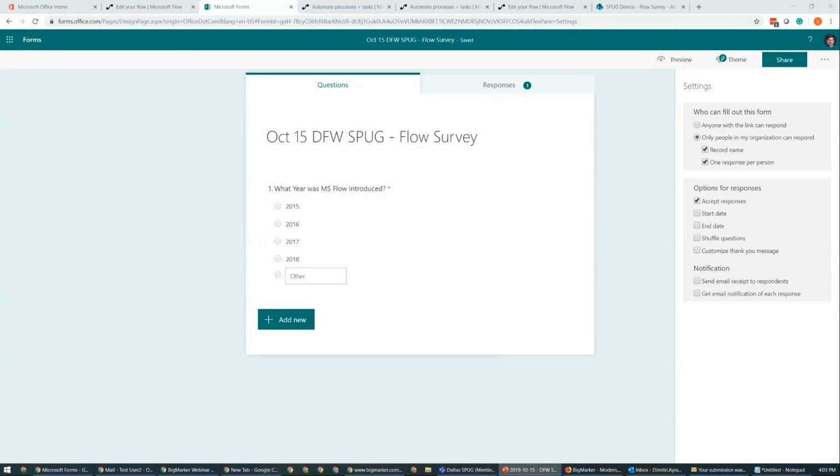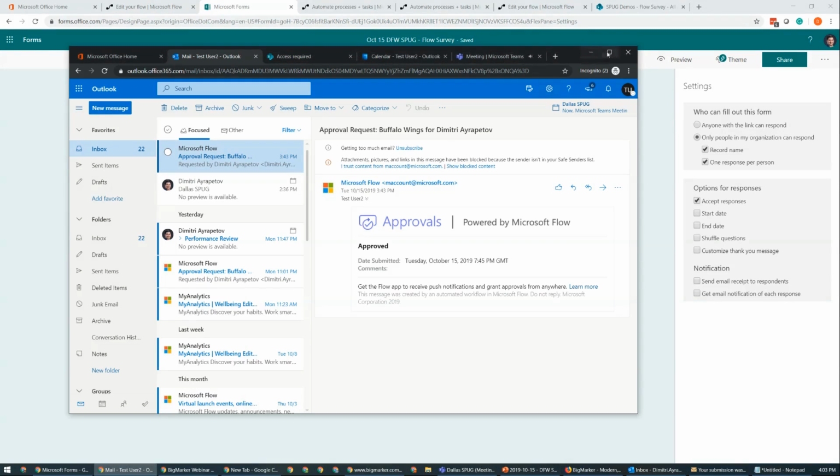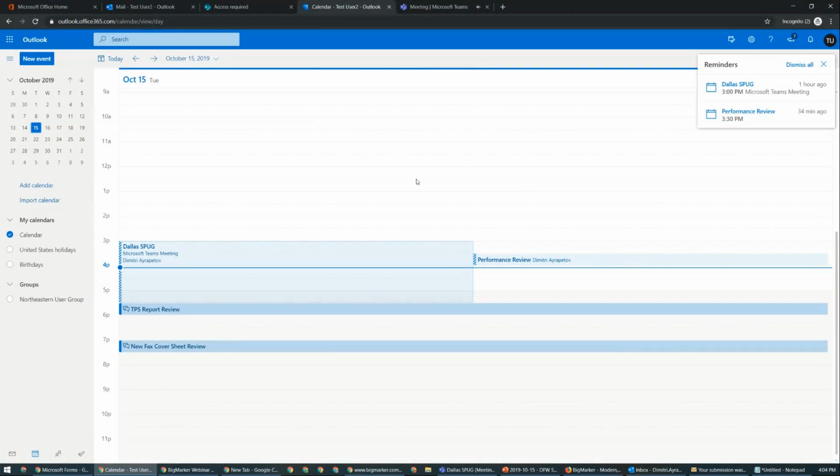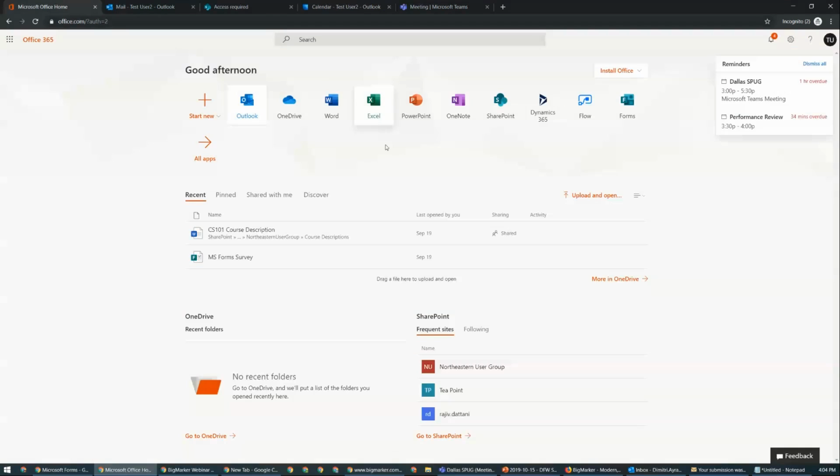So let's jump back over, and I'm going to go into my test user here. So within here, first thing I want to show you is my current calendar. So this is a test user, of course, but say within here, we have a performance review, we have TPS report reviews, we have new fax cover sheet reviews, a lot of other meetings that we're part of today, and we're just not having it. It's not going to be a good day. It's better to call it quits. So under this account, I'm going to come in here into